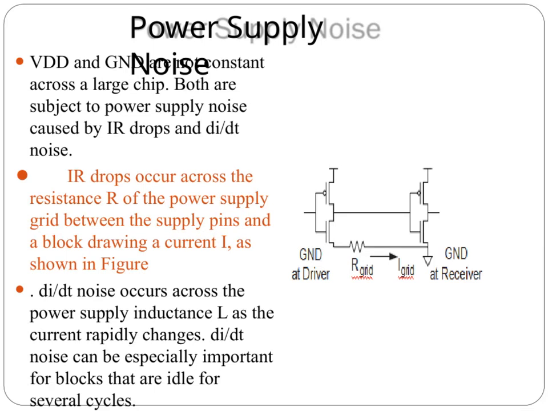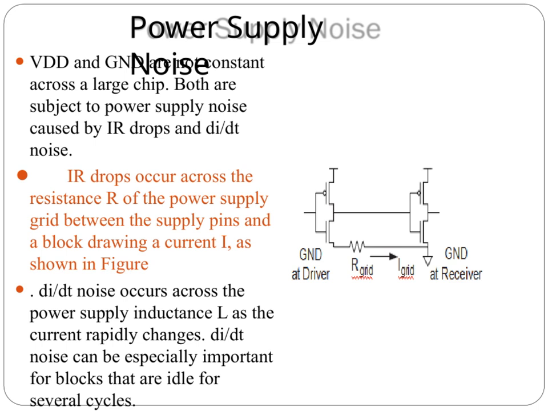VDD and GND lines are not perfectly constant across a large chip. One major source of this noise comes from IR drops. These drops happen because of the resistance in the power supply grid. As current flows through this resistance from the supply pins to different blocks, voltage drops occur, causing fluctuations in the